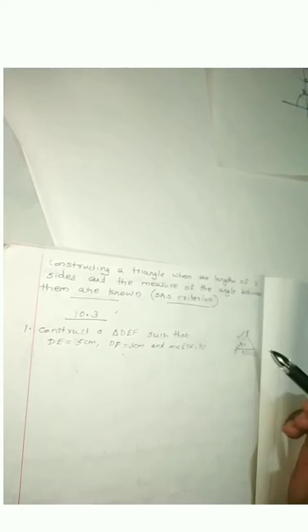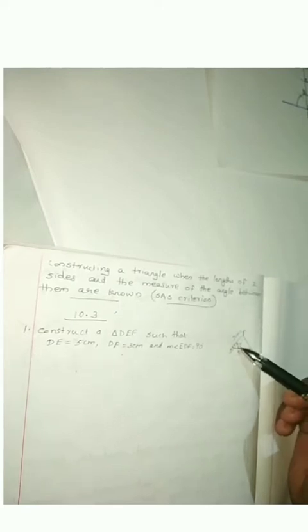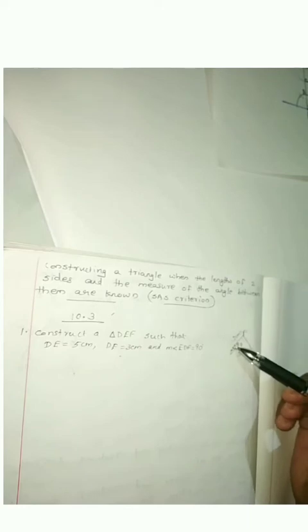So if we know the first side here, that is okay. But without measuring this 90 degrees, if we drew this 3 cm here, the angle may or may not be 90 degrees. So first we have to draw one side. After that, measure the angle. Then mark 3 cm on this line. Then join the joining point.